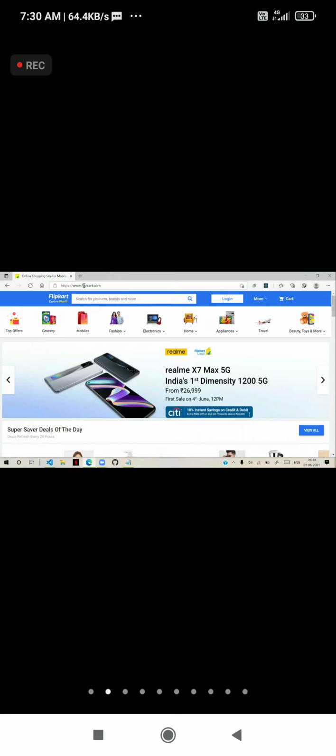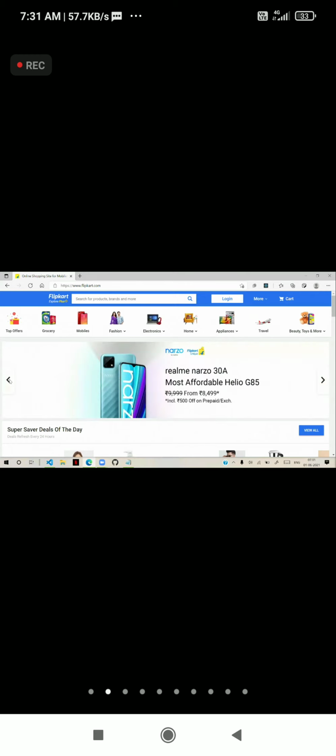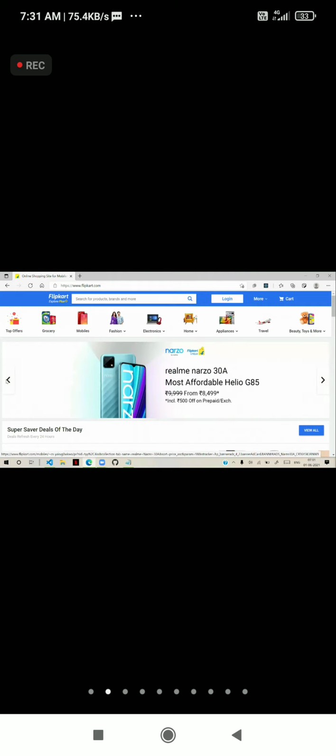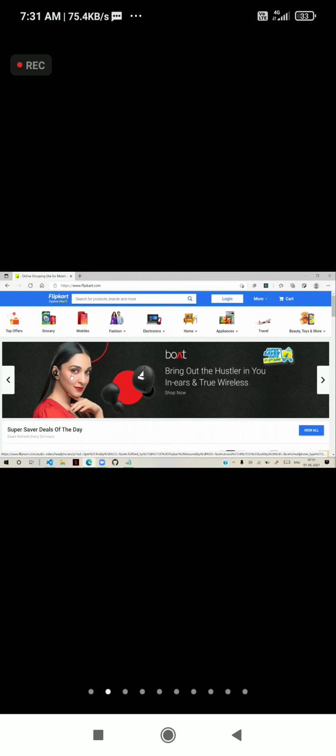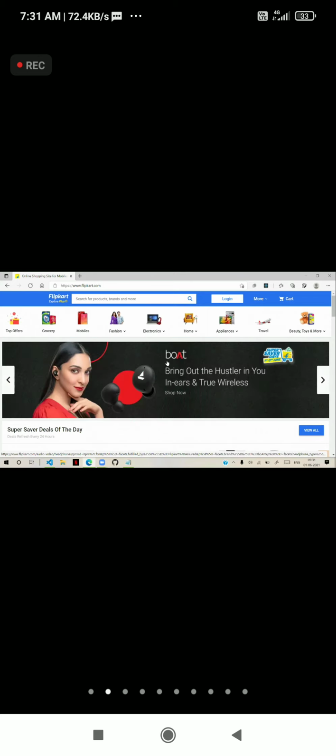For example, you are working for an online shopping site. The Flipkart people have designed this banner and kept this actress photo here. So now you know why this actress photo is here. Because this actress may be the brand ambassador of this boat. If so, they will do a photo shoot, take the photos, design the banners and give them to the website designers. And website designers will upload them and put them in their website. I hope at least now you understood.